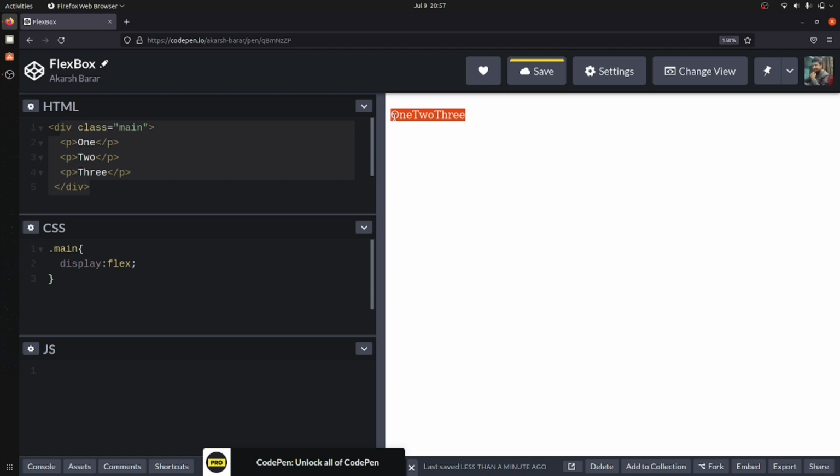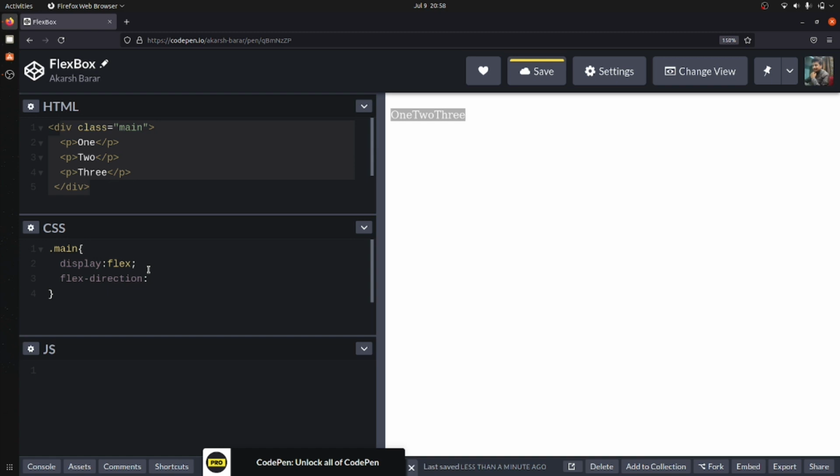Now in order to set this in a column, you have to give the flex direction. Flex direction has a few values: row, column, row reverse, and column reverse. These are the ones that we use the most.